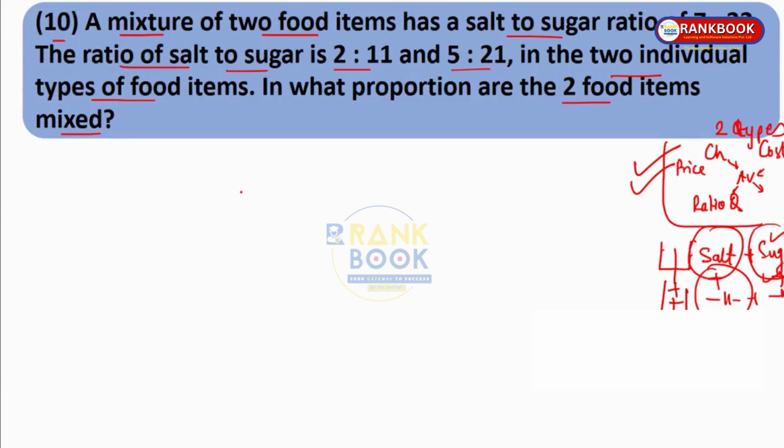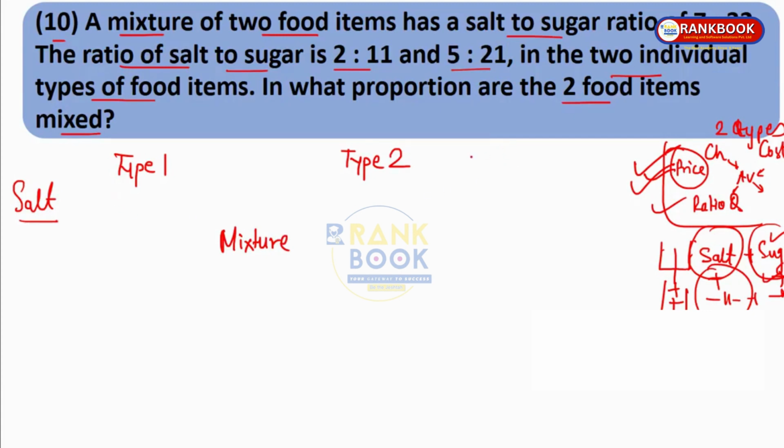Now you can take salt or sugar, anything is fine. Let us assume salt. Let us solve using salt as our quantity. Now there are two types, right? This is type 1, this is type 2. These are two types of food items, so we'll not consider cheap and costly over here, we'll just have type 1, type 2. Then we have the mixture. Now in type 1 and type 2, what do we have? Initially we used to have the price and ratio of quantities, right? Now instead of price, what will you take? Amount of salt you will take over here, right? You can take sugar also, anything, so you will get the same answer, but let us go with salt. Now what to do? First, what is the amount of salt in type 1?